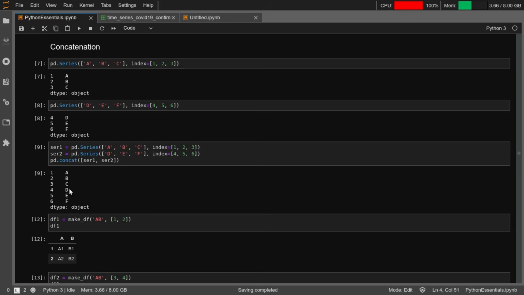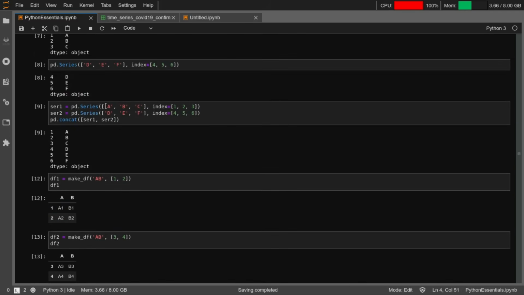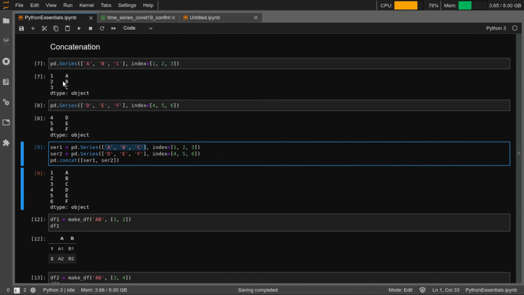What you have done here is create series ABC and DEF, and you are concatenating one to the other. You can see here the series does not have additional columns, it has only an index and one column. So what we did was create ABC and DEF, and we concatenated those two.